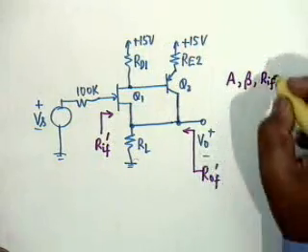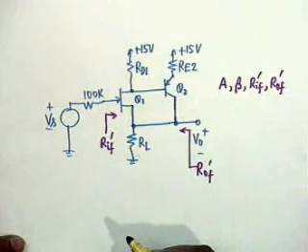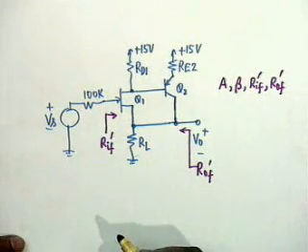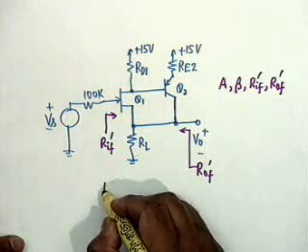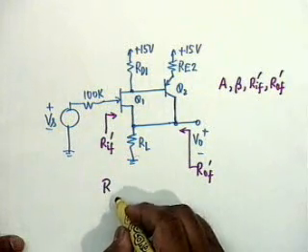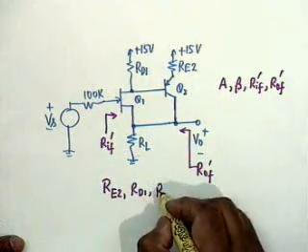ROF prime is this, okay. In addition, you have to find the resistor values. That is, you have to find RE2, RD1 and RL